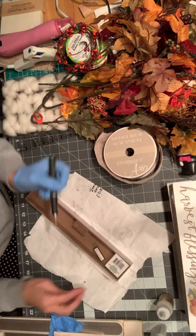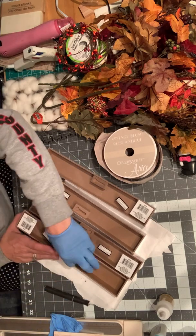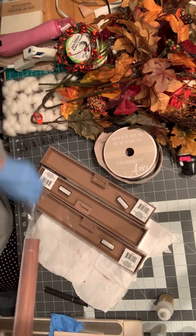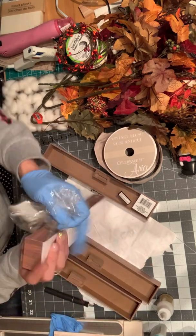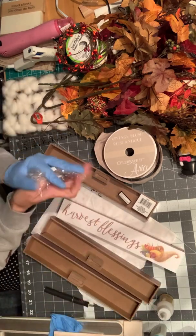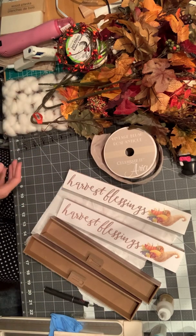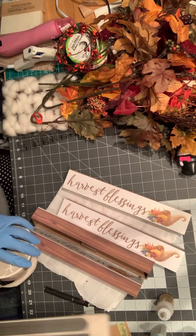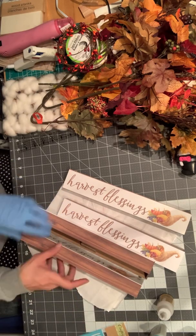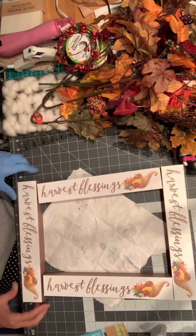And here I am going to go ahead and disassemble, take the packages off of these little sign thingies from, I'm not sure what people call them or what they're even called, but from the Dollar Tree. Get all 4 of them unwrapped and line them up. Take some stuff out of my way and put them where I want to place them,